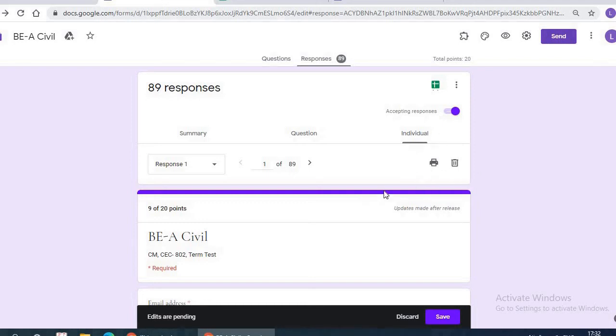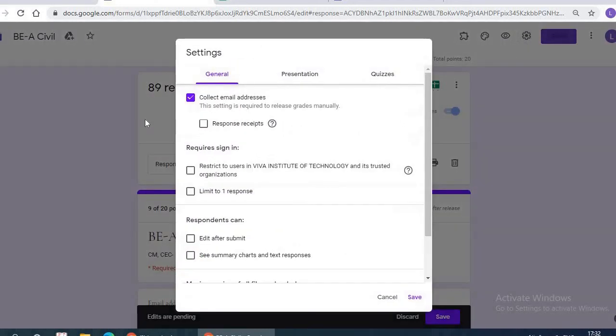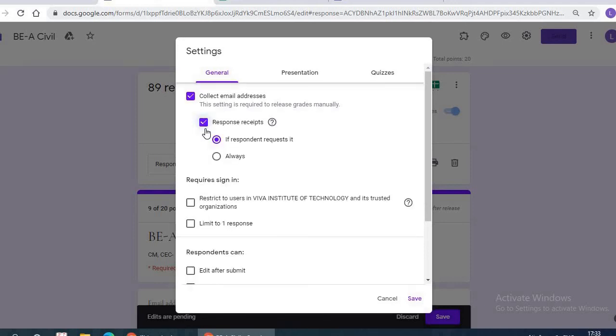Now we'll go to settings and understand certain things. See, collect email address. If you want to collect the email address without mentioning it as a question, you can just click here. So everybody's email address you will get. Now response receipts, you can click it.